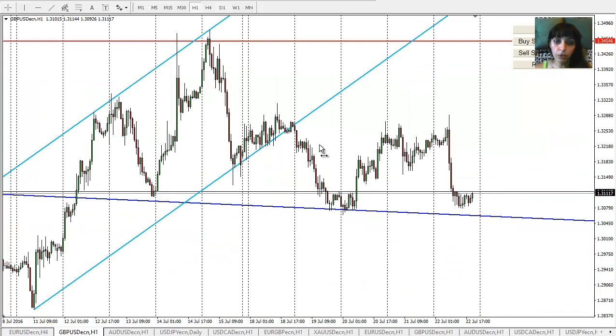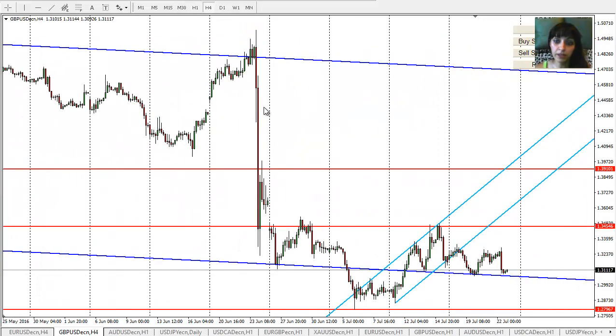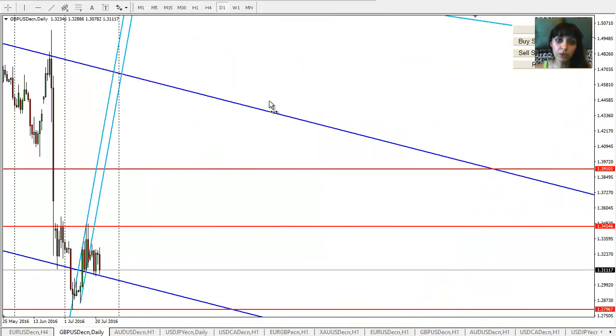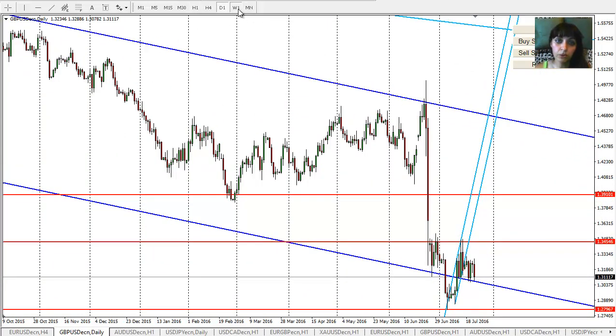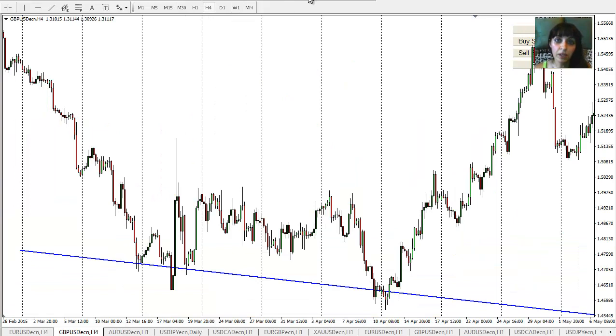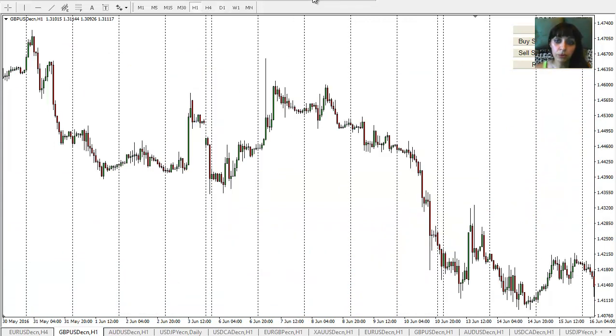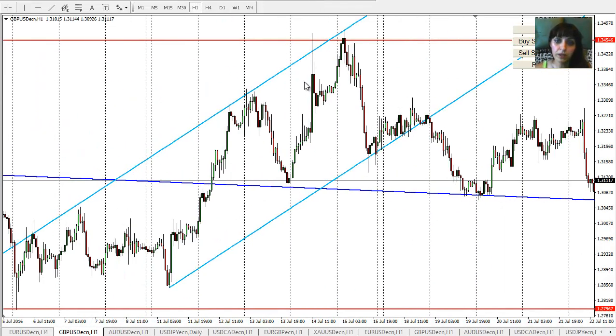Now going to pound dollar, and for pound dollar I had a small trade. It was right here, and you can see that was a stronger signal, if you can call it a signal, because the concentration, just as I said from the previous week, we had a little uptrend channel, and also the main picture on a daily one. You can see it's a big downtrend, a huge channel. So it's inside a very big main downtrend channel, and we had a little bit of correction, and the market was going up and created a quite strong